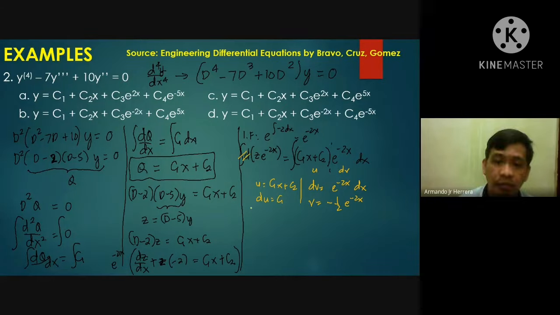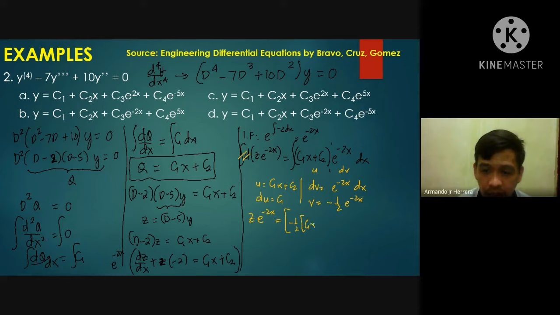So integral and derivative cancels out. So what's left on the left side is z e to the minus 2x equals integral of u dv is u times v. So that's negative 1/2 quantity c1x plus c2 e to the minus 2x minus integral of v du. So this is minus 1/2, and that c1 becomes positive 1/2 c1 e to the minus 2x dx. I should have put that outside, pero later na lang. So this gives you z